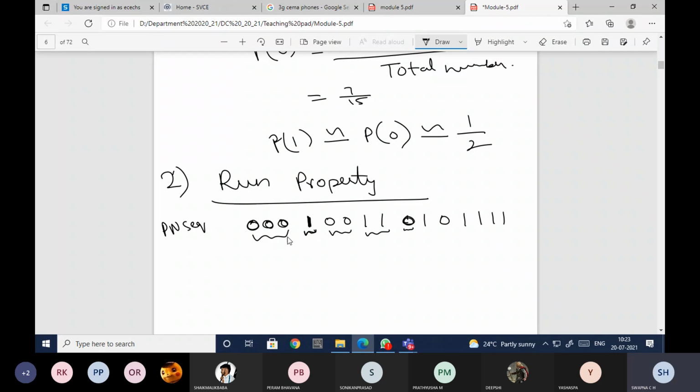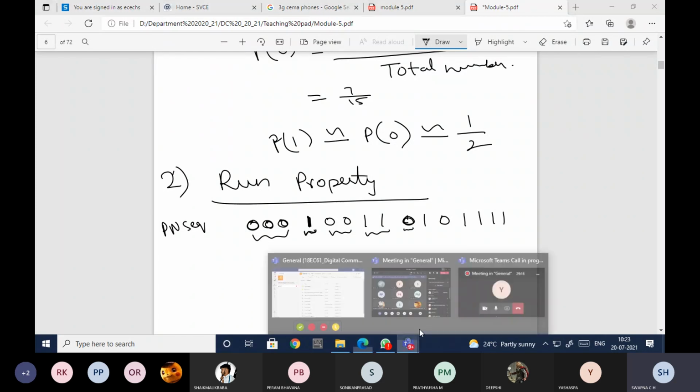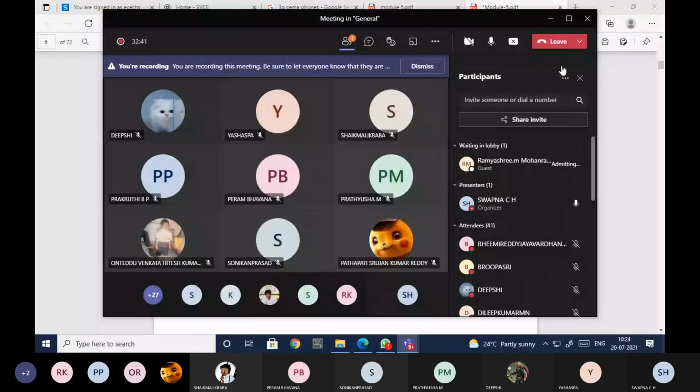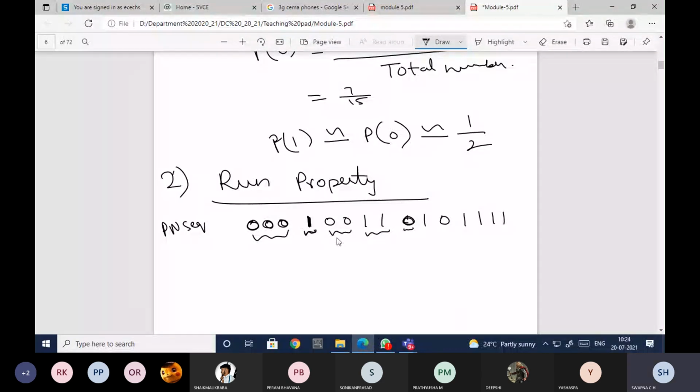Then after that I have only one 1, so this is one run. Then again I have 0 0, this is one run. This 1 1 1 is one more run. This only one 0 is one run. This only one 1 is one run.